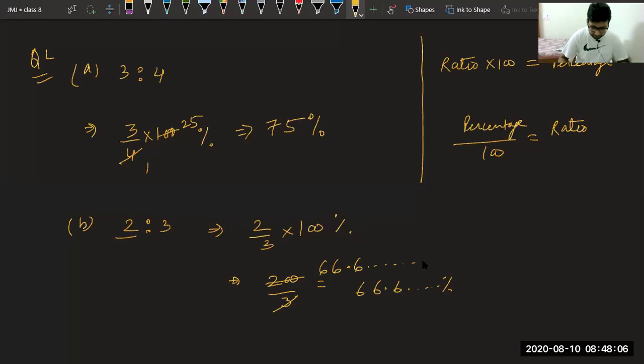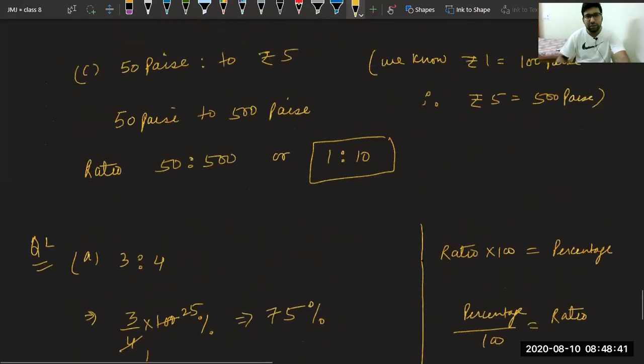Yes, Shresth, we have cut beta. It is not 5, it is 50. Let me check again. Question number 1, C part. He is having some doubt in that. One second. 8.1. But it is correct. Answer is 1 to 10 only. Shresth, you can check. It is 50 is to 500. The 0s will cancel, and 5 10s are 50. The answer will come as 1 is to 10 only, not 1 is to 100.